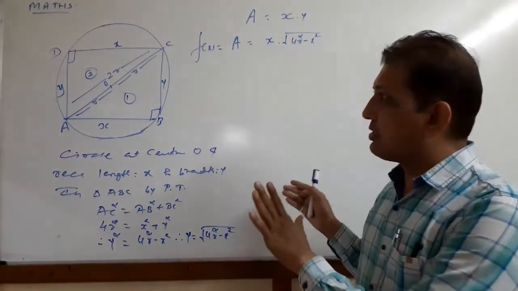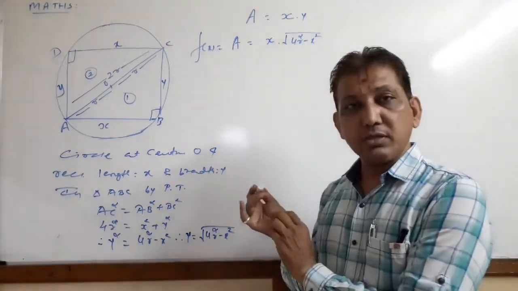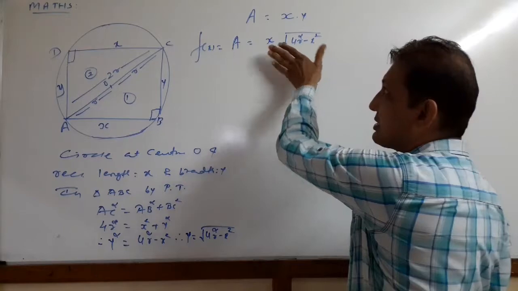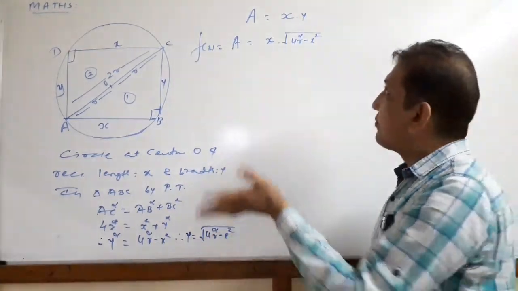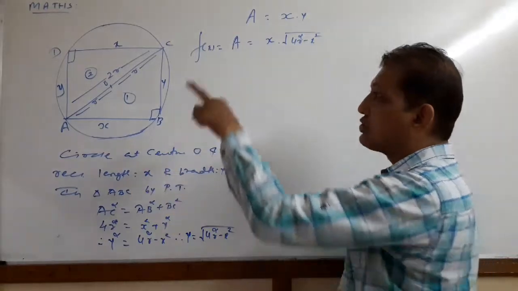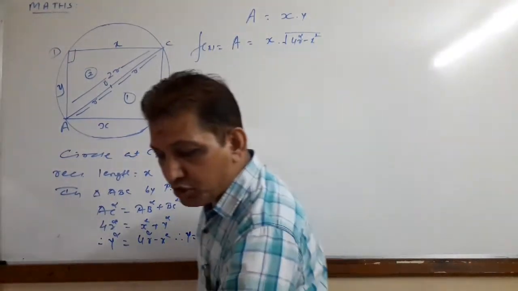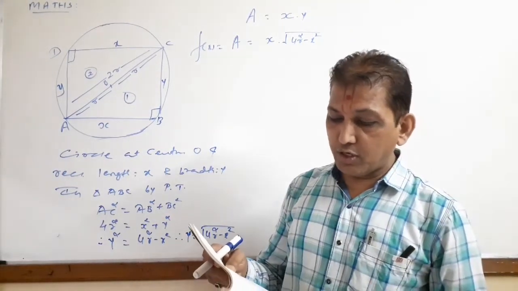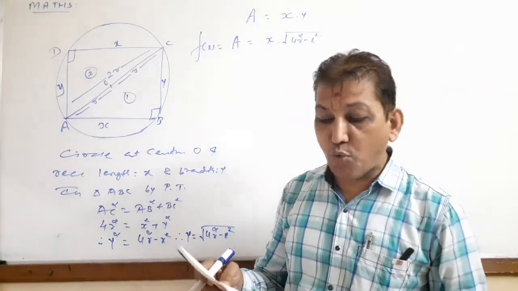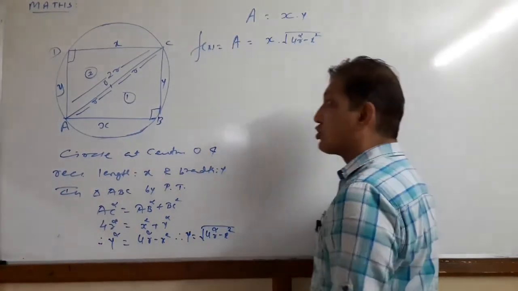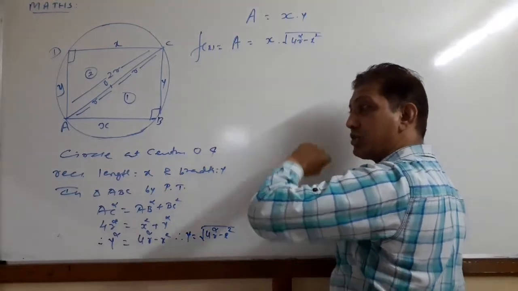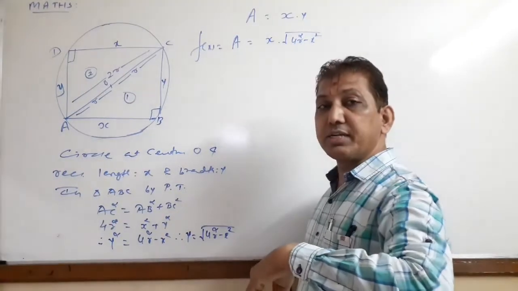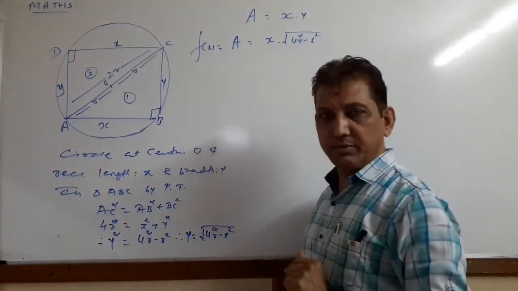Now in all maximum minimum problem sums, first we find the function f(x), then its derivative f dash x equal to 0. Then find the value of X or Y, either one, and prove what the figure is. Here our question is to prove the rectangle is a square, and that the area is maximum or minimum. So we take f dash x equal to 0. First we prove this figure is a square. Then with the second order derivative, we prove whether it is maximum or minimum.